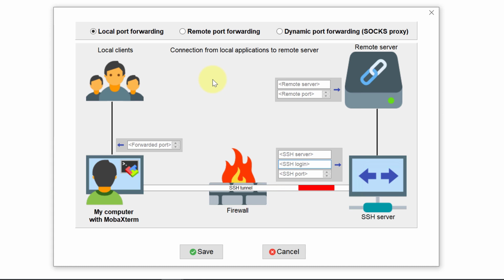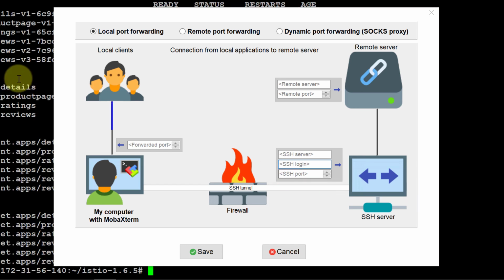I'm going to use this particular image to explain how the SSH tunnel works. Now, what I have done is I have used my system to connect to the EC2 instance using the SSH credentials, that is, using the SSH server hostname, user ID, and the key to log in using the port that is defined as a part of SSH. And once it is authenticated, I'm able to work in this particular SSH server. The EC2 instance that we are working on is the SSH server now. And within this,